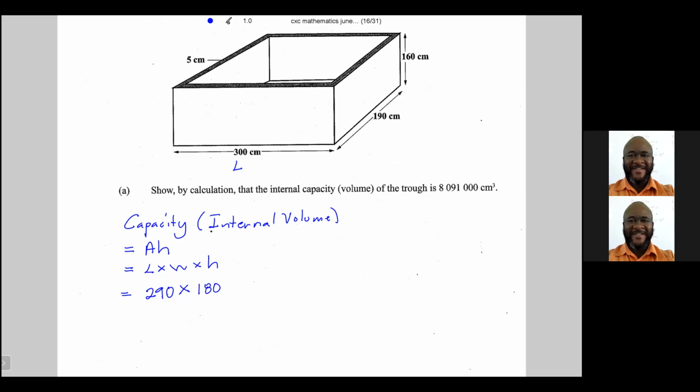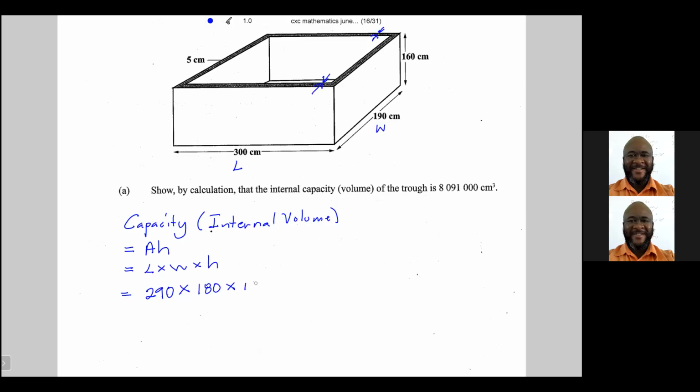Because the external width is 190, and remember, the wood is 5 centimeters thick. So if you take off 5 centimeters from both sides, the internal width would be 180, times the internal height, which is,